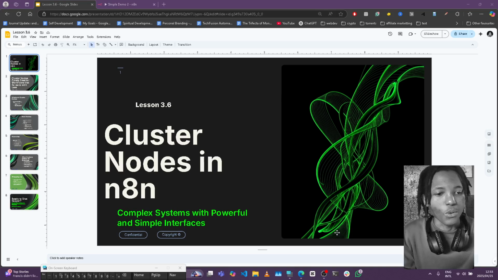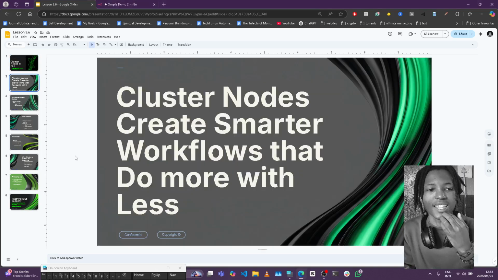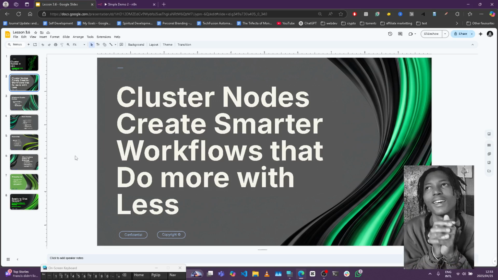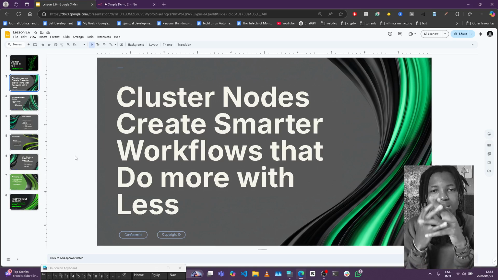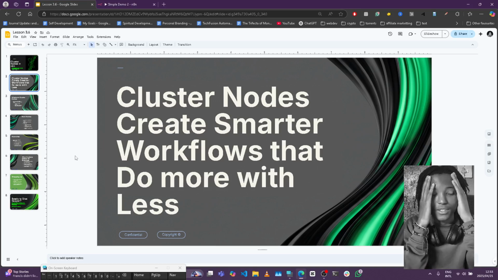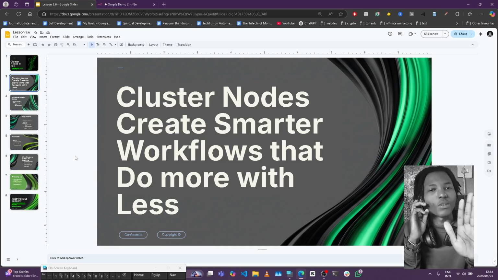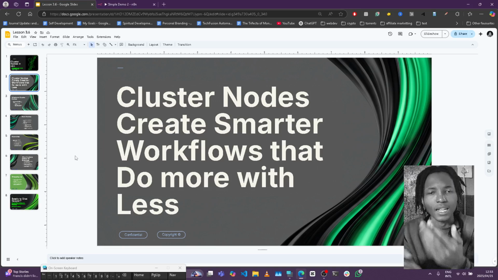If you want a good understanding of what cluster nodes are, the best way to think about them is as your ability to create smarter workflows that do more with less. Workflows have a tendency of turning into massive monsters depending on how you're building them. And if you're building something like that, it's probably not a good idea. It's always a good idea to separate your workflows into sub workflows that execute the repeatable parts, just to keep things simple and understandable for you or anyone else building after you. So keep things simple. Also document things a lot using